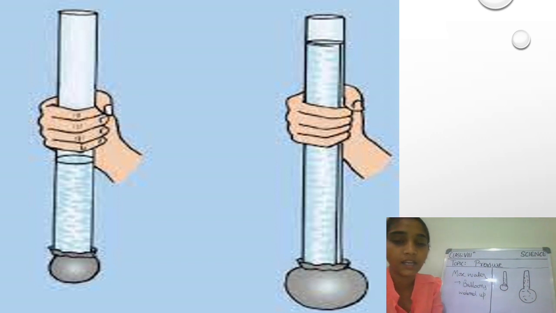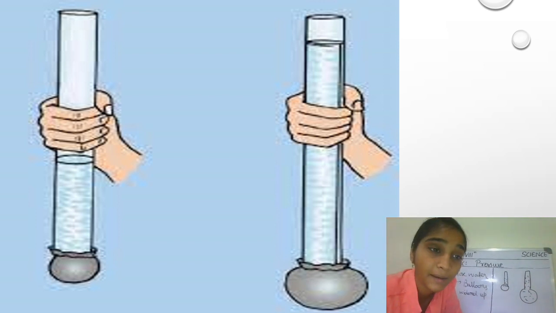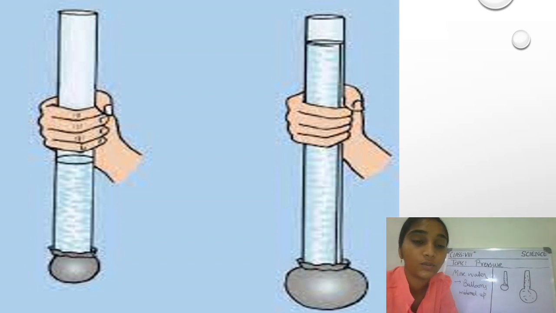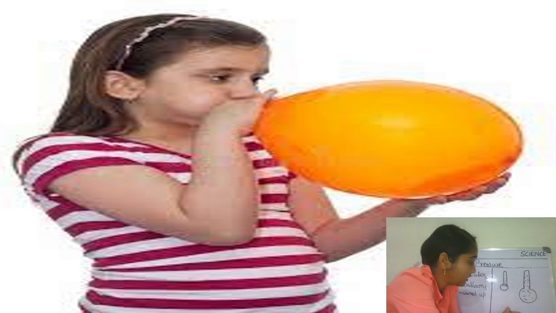Yes, you might be saying that pressure is being exerted by the water towards this ball, this balloon, right? Very good. And let me show you another image. What is this girl doing? Yes, this girl is blowing up the balloon. And how is the balloon getting blown? Yes, with the air. She's filling air from her mouth into this balloon, and it is